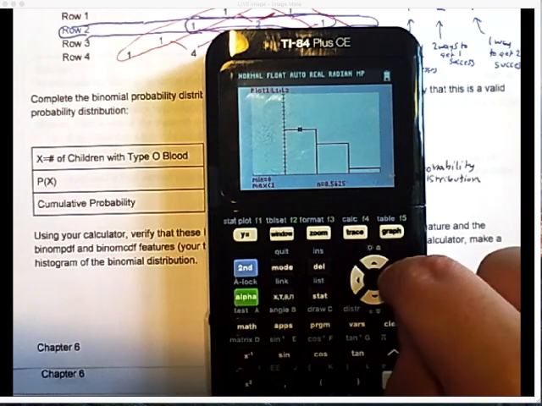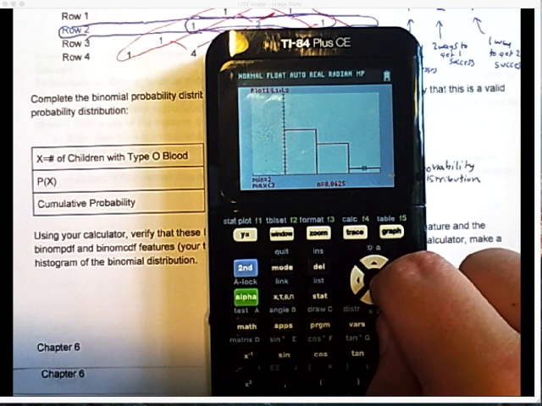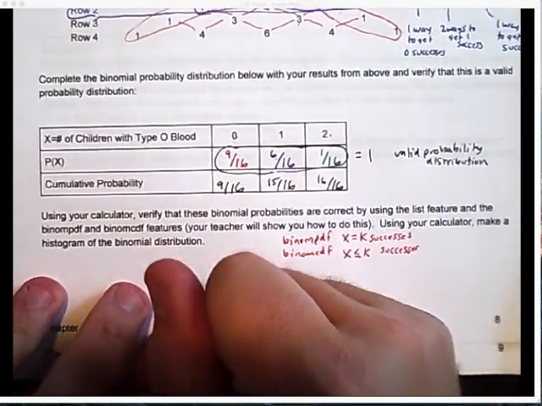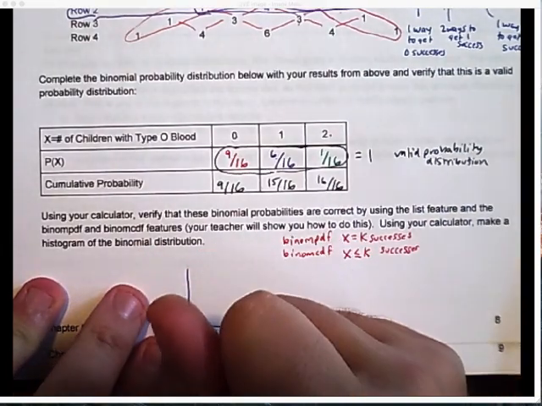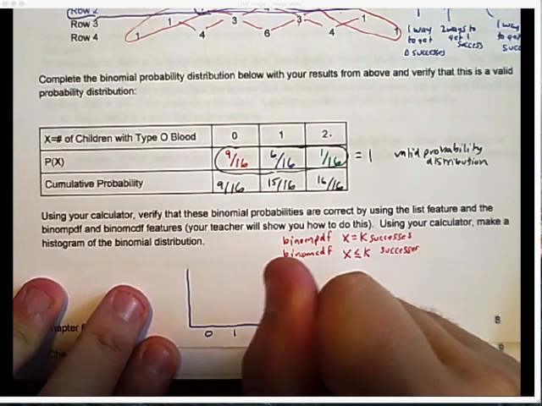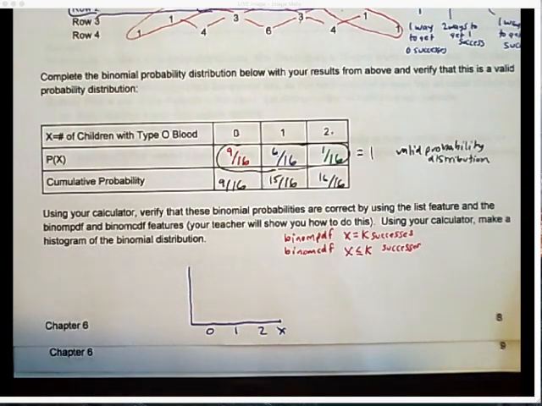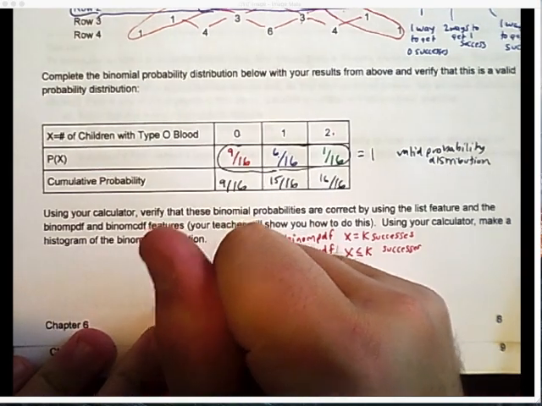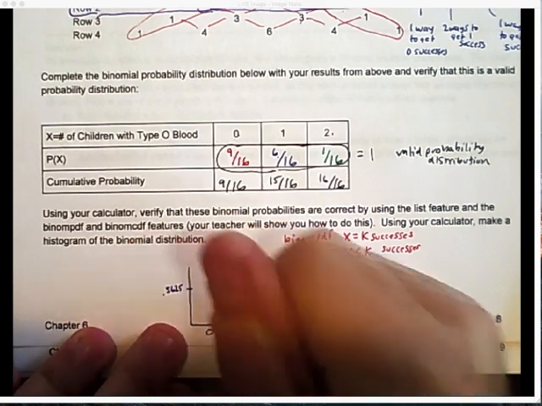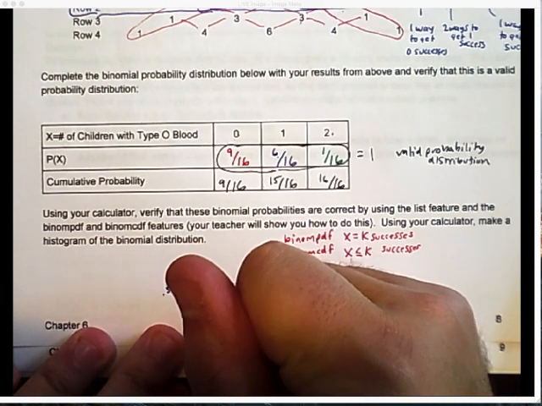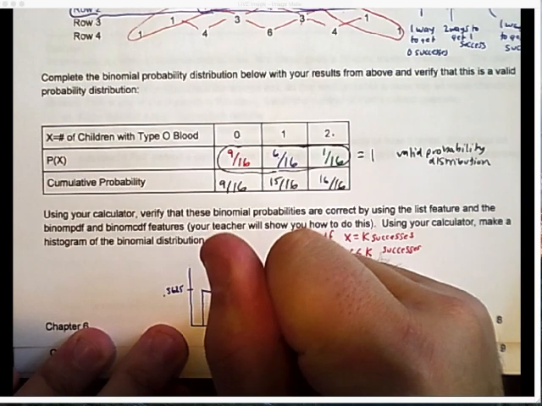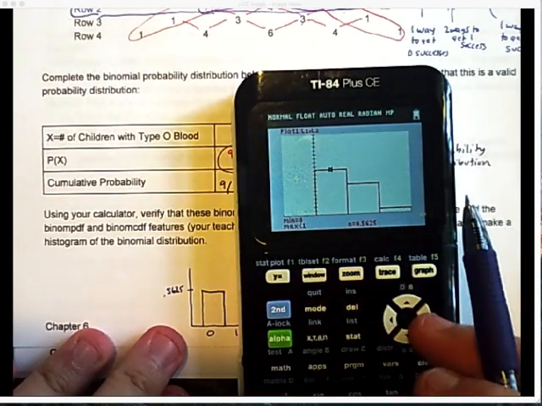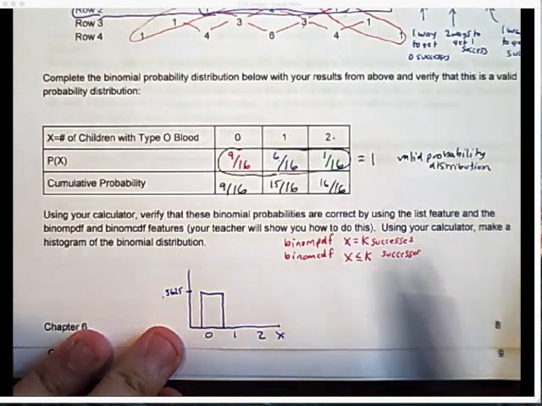If I hit trace, there's my probability distribution. So let's copy that over. All right, so if X is 0, 1, or 2, this number was 0.5625. Of course, you would want to scale it appropriately. Okay, so if I'm just looking at my histogram, it tells me there's 0.5625, 0.375,